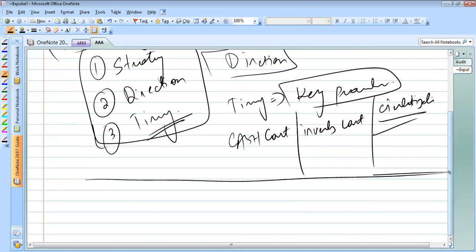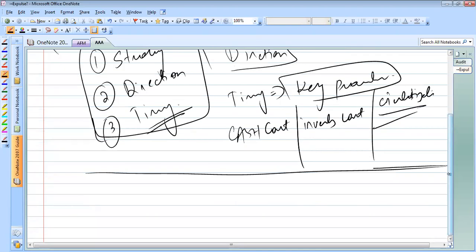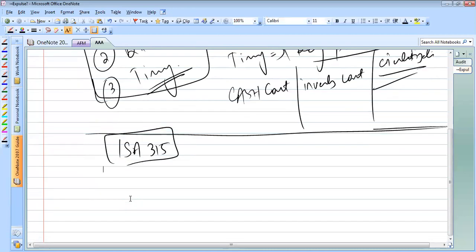Now, let's move a bit forward. So that's one aspect of the planning. Now, what else does the planning involve? The planning stage of the audit also involves the application of ISA 315. Now, what is this ISA 315 application? ISA 315 covers various things, which is understanding of the entity,